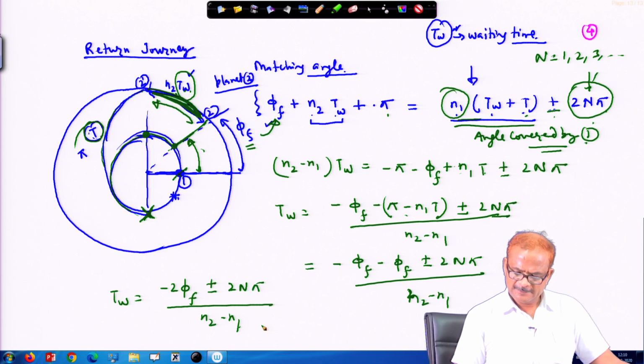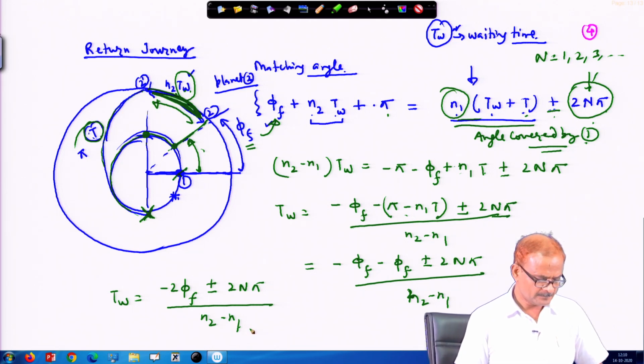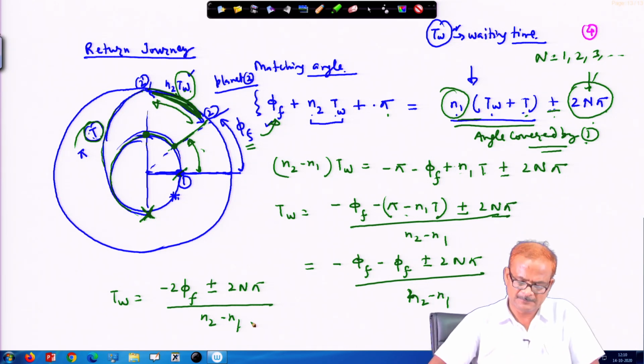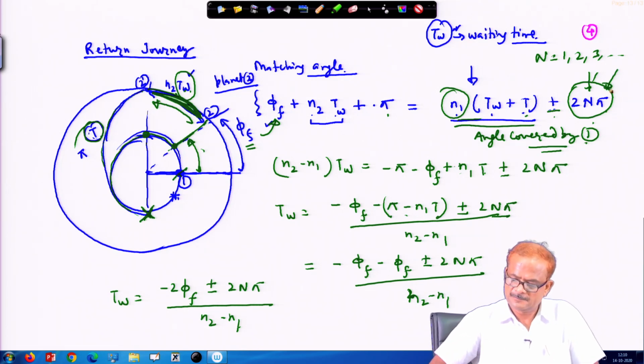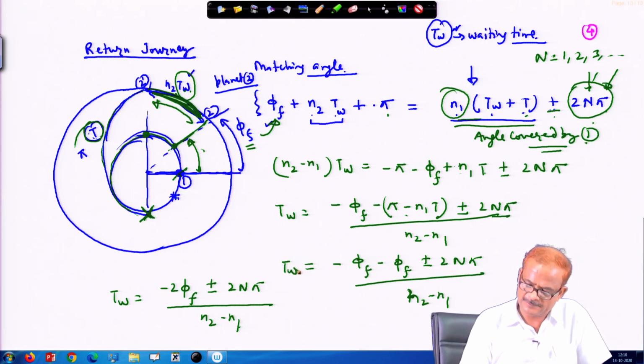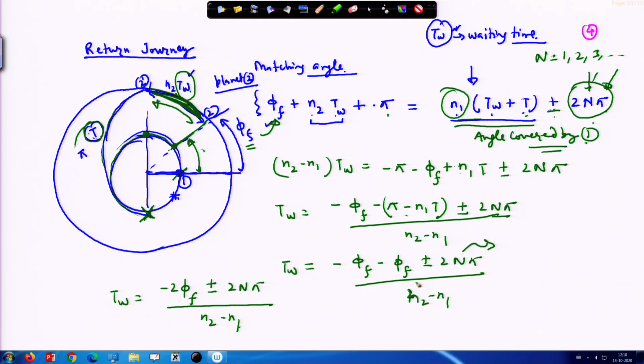Okay, in another way also we can derive this expression, whatever the problem we have done mathematically. If you follow that notation and add all the angles, you will get the same result. The only thing is that you have to add here plus minus 2n pi, and this is to make this quantity positive, and n is chosen in such a way, so this is 1, 2, 3, 4 like that. So, the minimum of that n has to be chosen, okay, so that this T w remains positive.